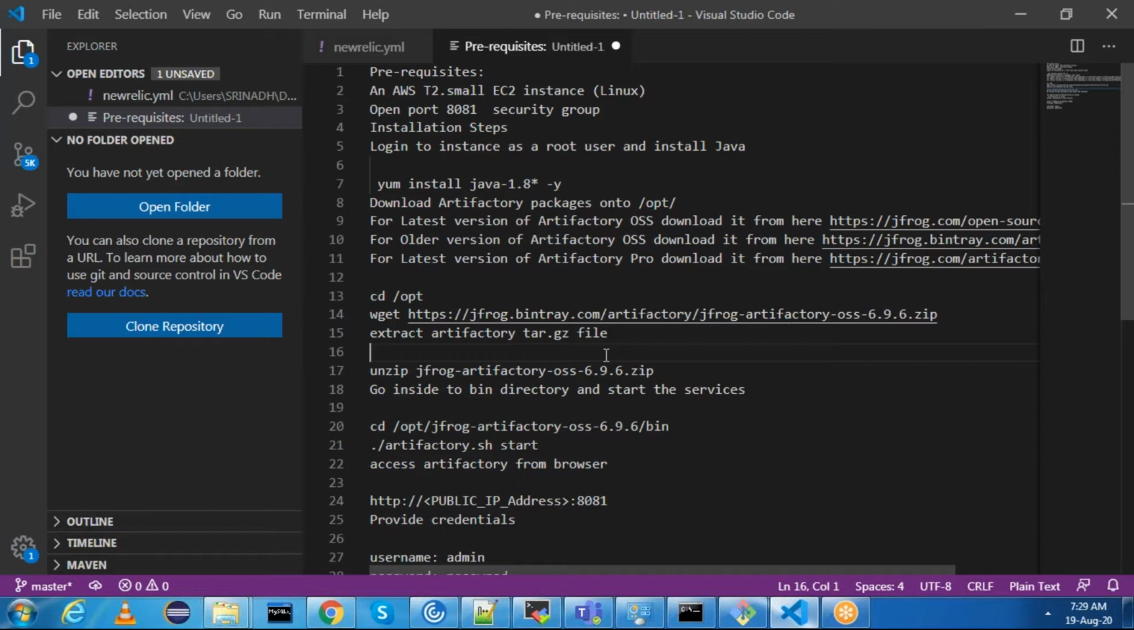In this session, we are going to see how to install Artifactory server on EC2 instance. This particular setup has certain prerequisites. First, we need to create a EC2 instance